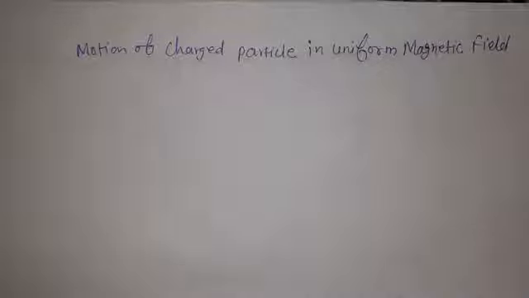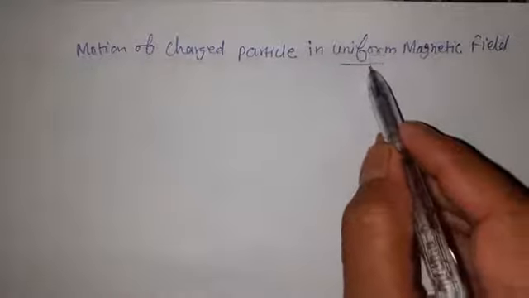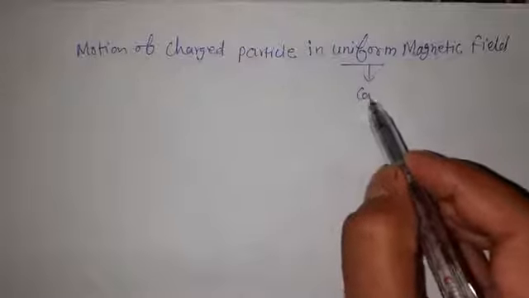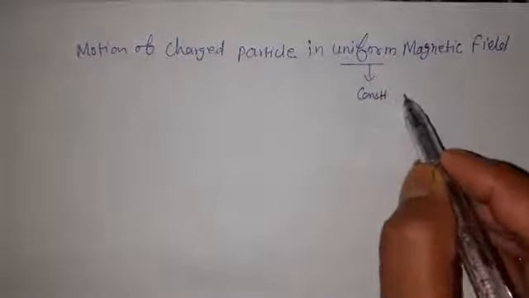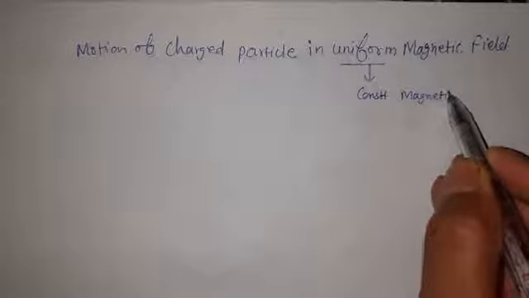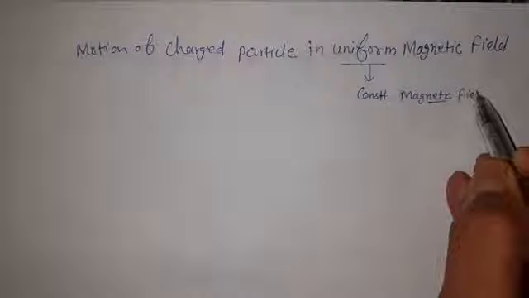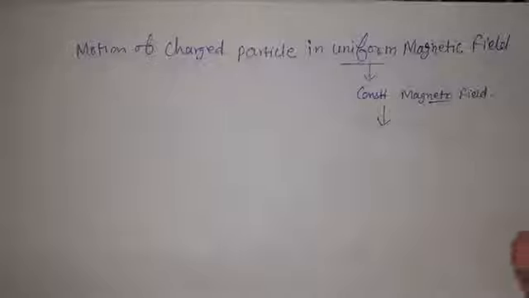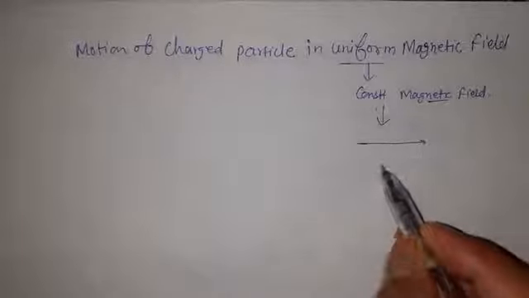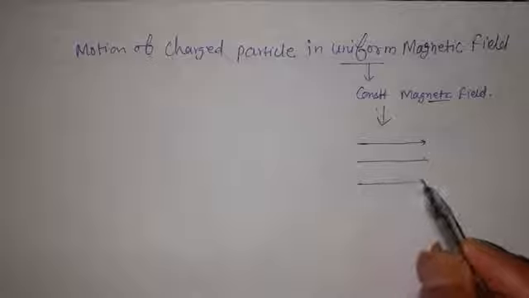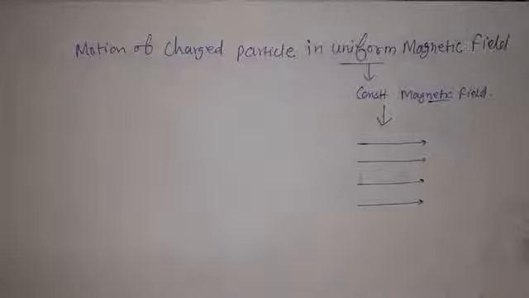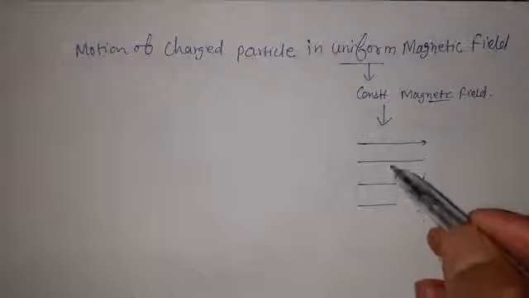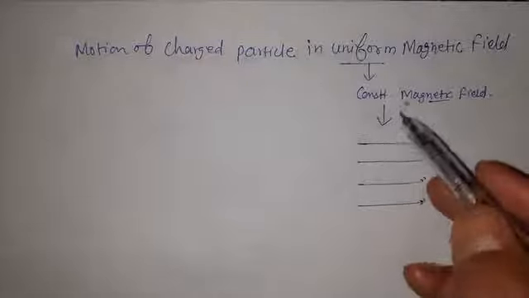Hello everyone. In today's video, I'm going to start with the motion of a charged particle in a uniform magnetic field. Uniform magnetic field means that it is going to be a constant magnetic field. Or we can represent this uniform magnetic field with parallel lines in this way, which are equally spaced. These parallel lines represent a uniform